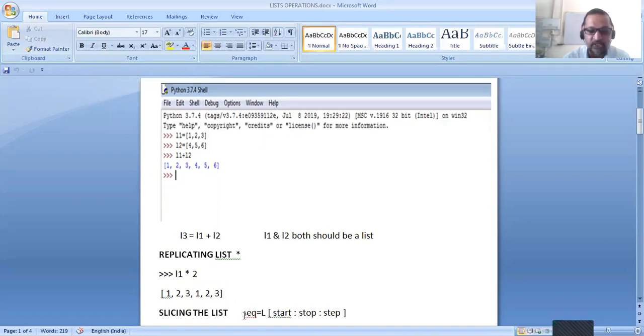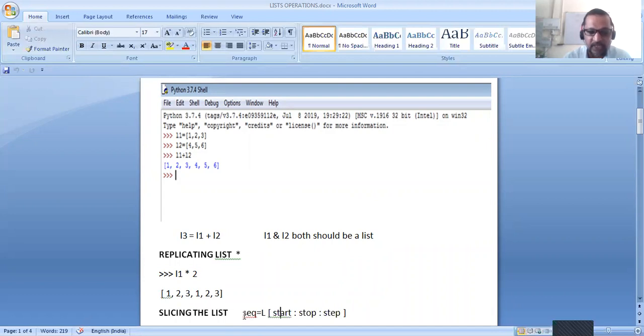Next operation is slicing the list. For slicing the list, we have 3 arguments. First, we should know the meaning of slicing the list.